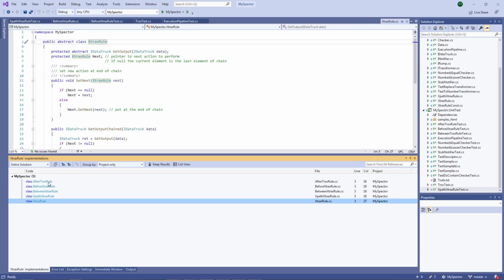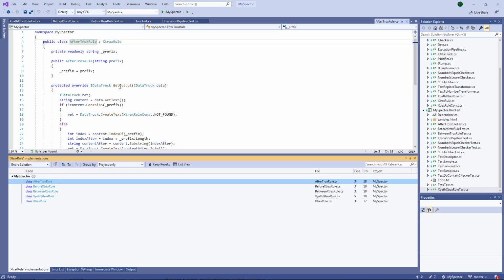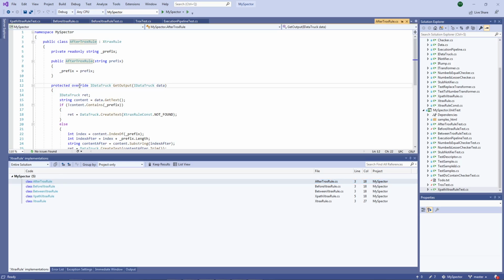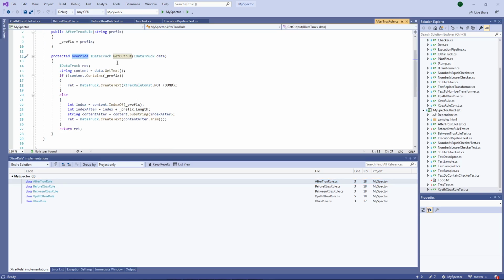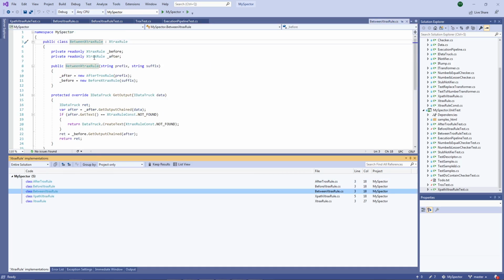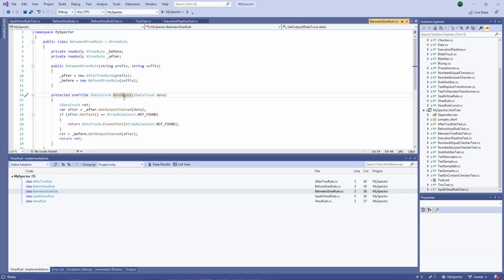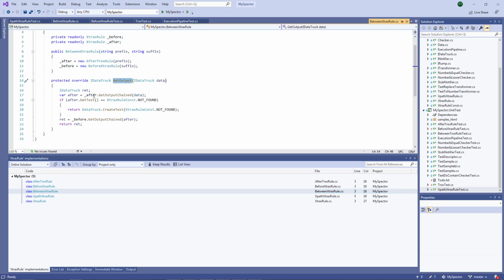And each one overrides the get output method with its proper method. So here, this is after, this is here the between. To implement the between, I override the get output method, and then I am calling the after, then calling the before.